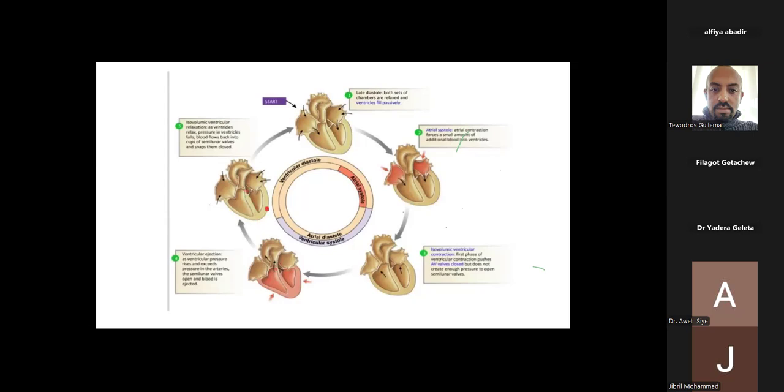And now the pressure in the ventricle is lower than that of the atrium. So opening of the AV valve or semilunar valve will not give you any sound. It's only closure of valves. So there is a rapid ventricular filling phase. This rapid blood flow to the ventricle in early diastole, what will happen? That ሚገባ blood will vibrate the ventricular wall, right side here, left side here. So it will create what? It will create the so-called third heart sound. The third heart sound is created by rapid ventricular filling, rapid blood flow to the ventricle in early diastole.